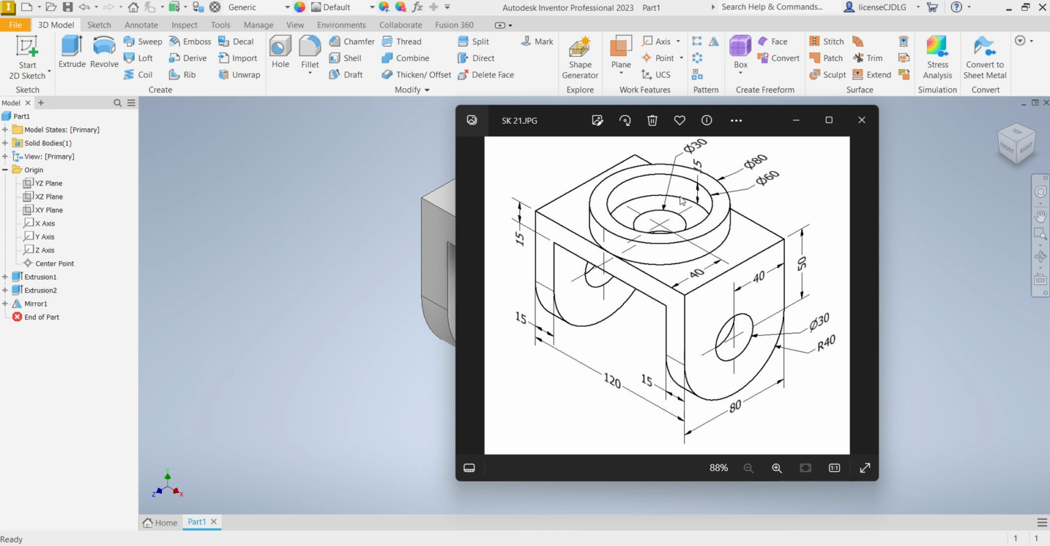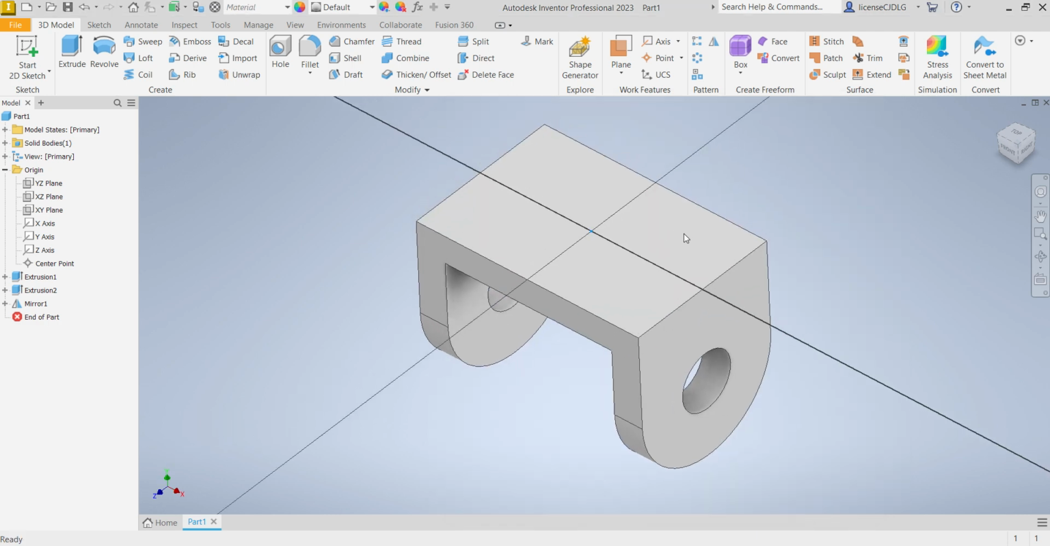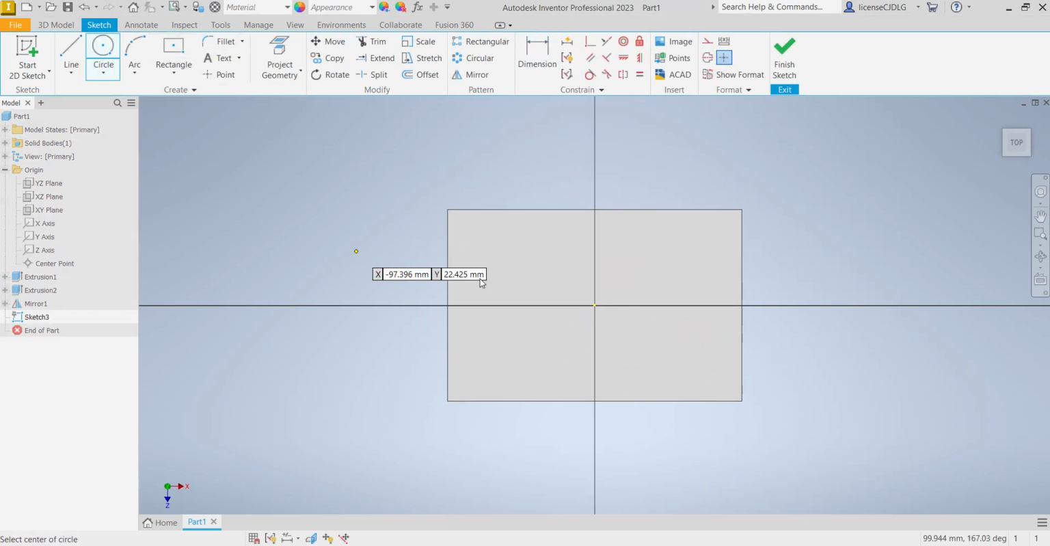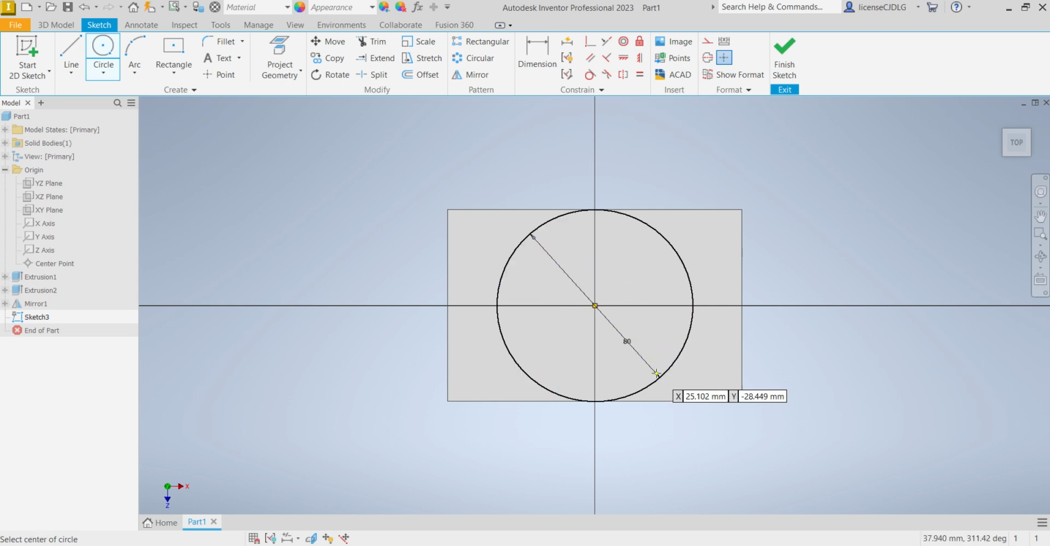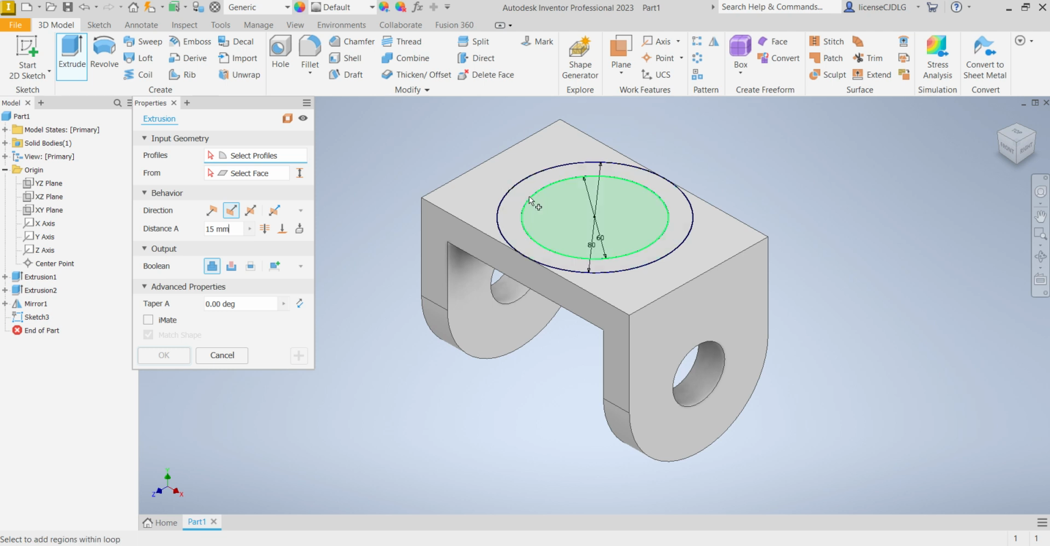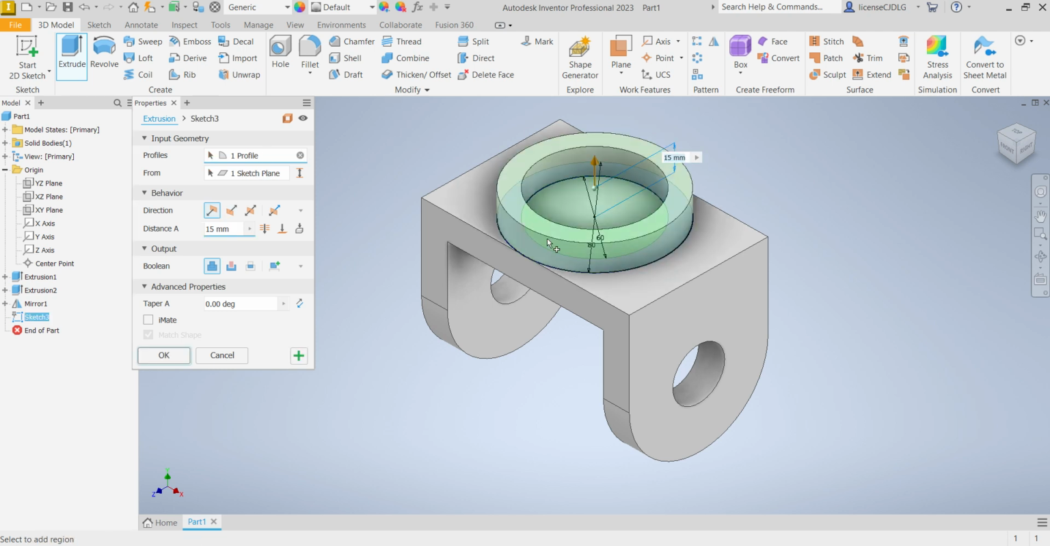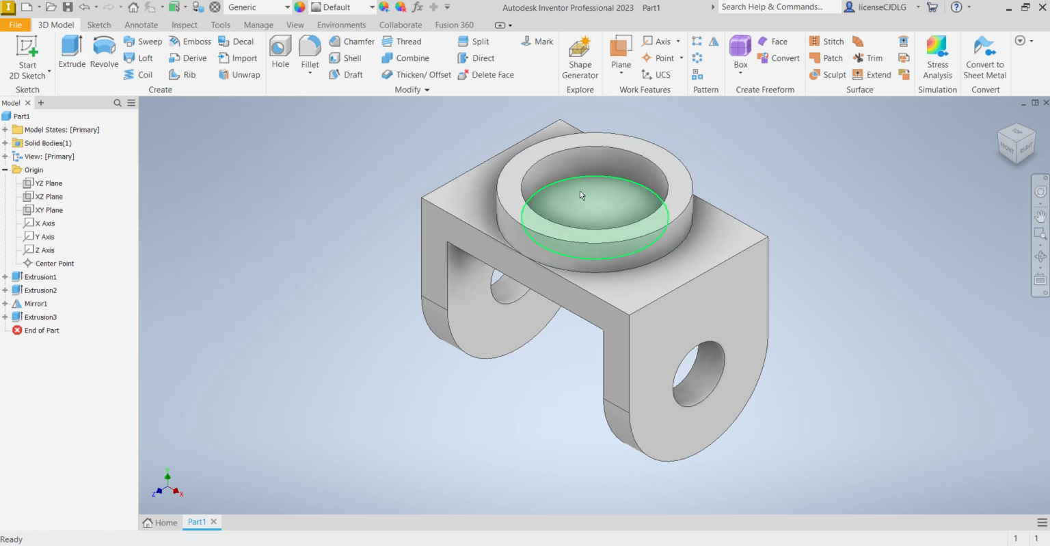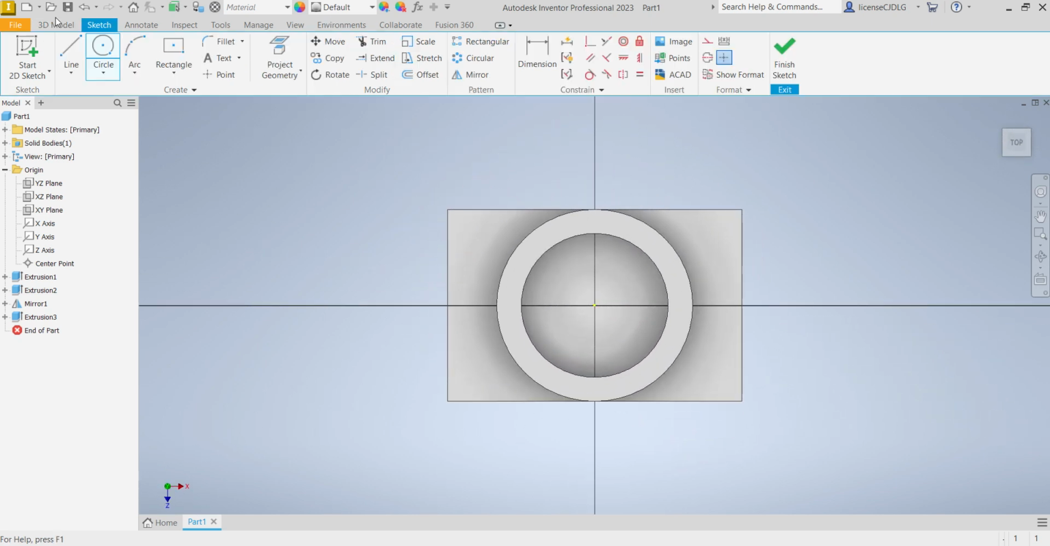Next there is a circular part, outer dia 80, inner dia 60, height is 15. Select circle, 80, 60, finish sketch, extrude 15. Select this surface, sketch,